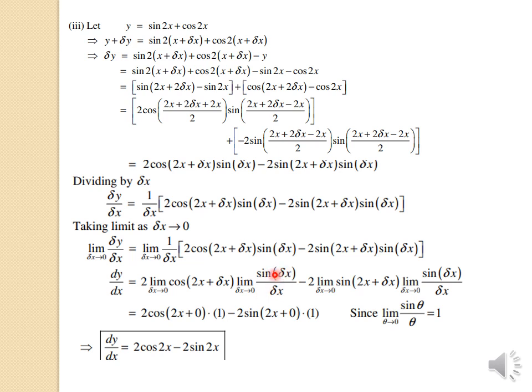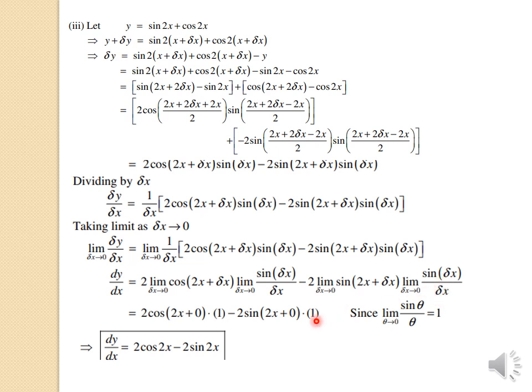So the limit as delta x approaches 0 of sin(delta x) upon delta x, we know that is the identity and it is equal to 1, and delta x approaches what value? Equal to 0. So here we put the value of delta x. In the further limit as delta x approaches 0, sin(2x + delta x), and here we also divided by delta x,